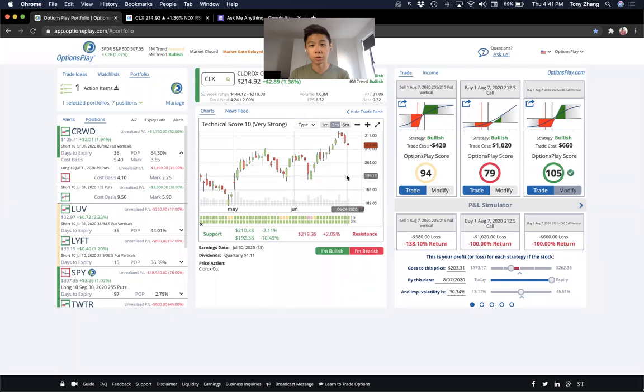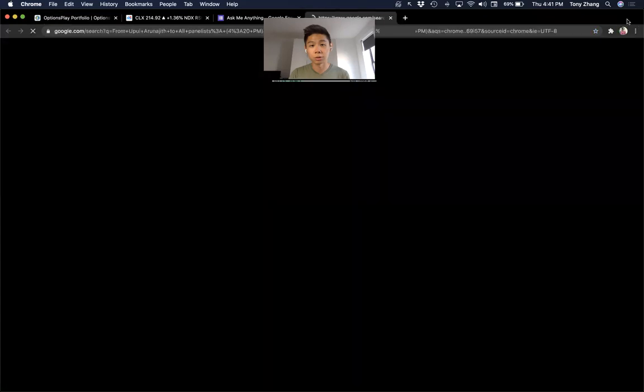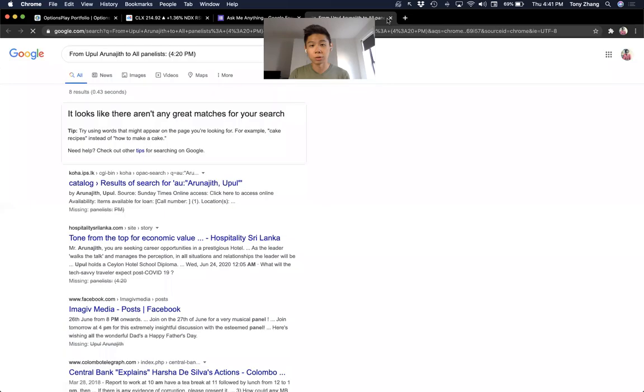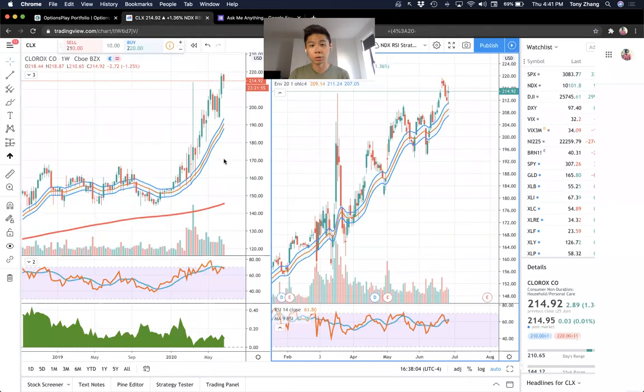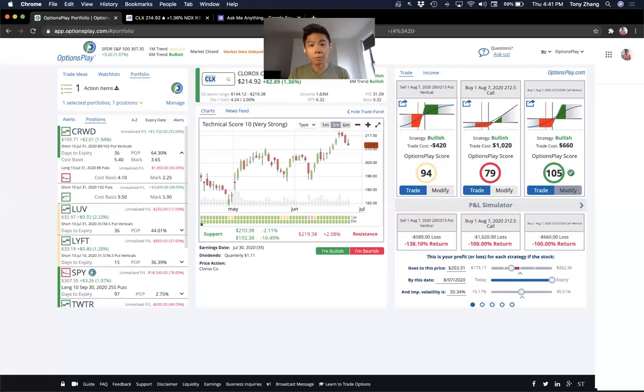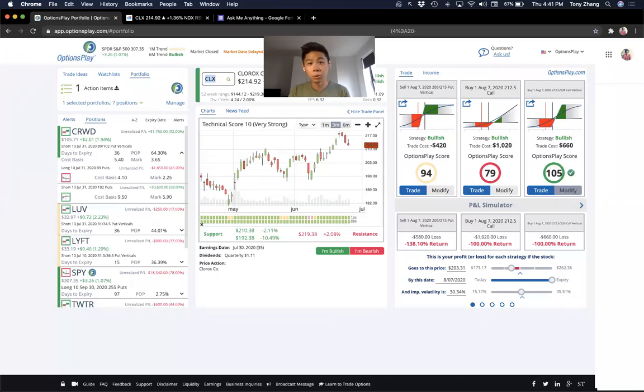If I bought the stock, I'm probably risking closer to 7% of the underlying stock price. Here, I'm risking about 3% of the underlying stock price. Those are the types of strategies that I want to try to play utilizing this type of strategy. So that's how I'm viewing the market right now. These are the types of plays that I'm predominantly looking at.